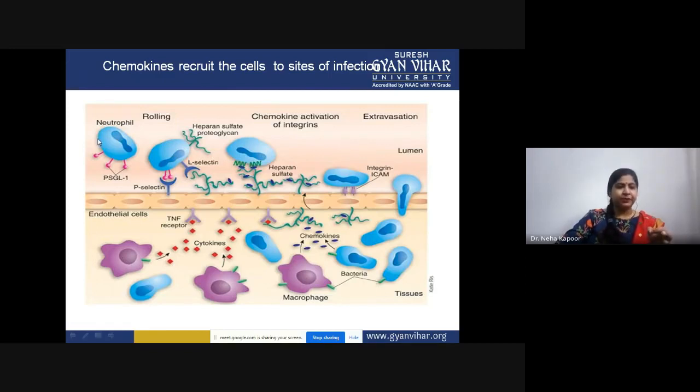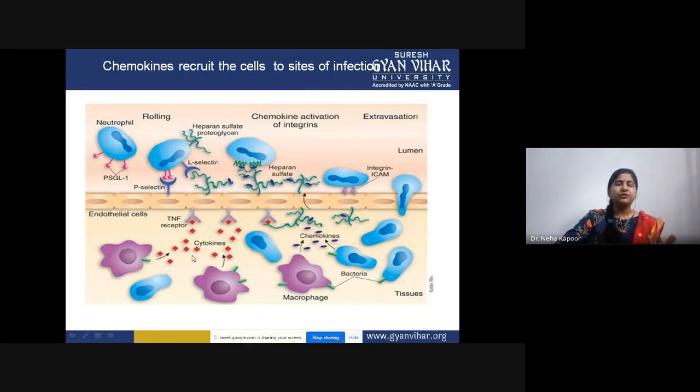As you can see, this is the neutrophil. It is expressing these receptors. It attaches here with the help of L-selectin and E-selectin. After that, the complete activation is happening. It will adhere to the membrane, these endothelial cells. After adhering, due to extravasation, it will migrate to the site of injury. Here you can see it has entered from the lumen to the tissues. After entering, it will try to cater to the bacteria that entered inside.